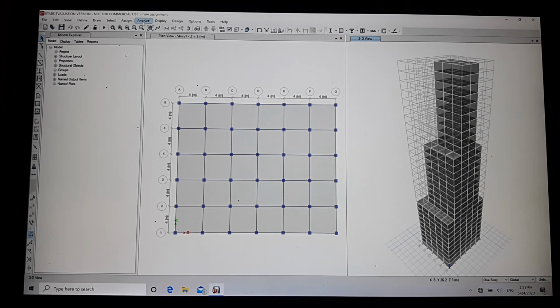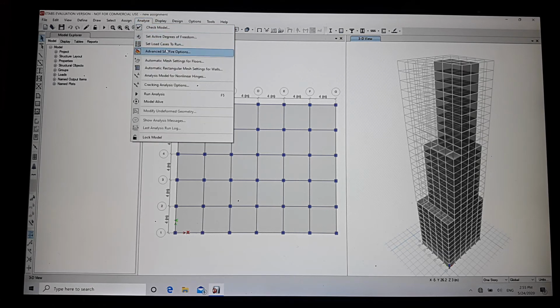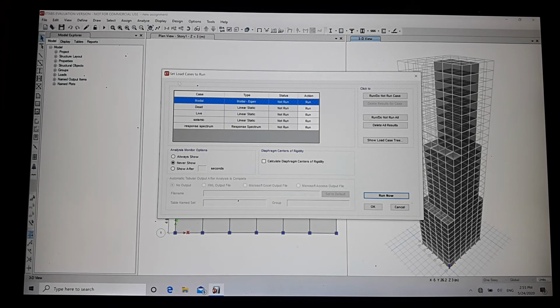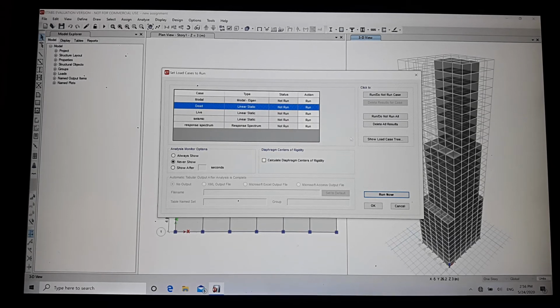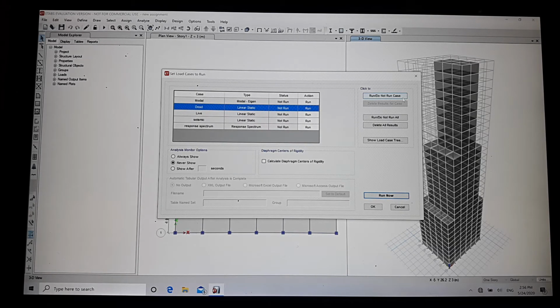Now go to analyze option, set load case to run. As we are running the seismic load only, we do not have to run the dead load and live load. So click on dead load and choose the do not run option, and then click on OK. Run now.